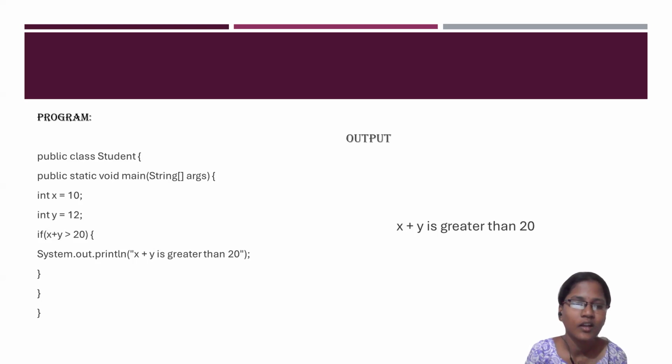Let us check. 10 plus 12 is 22. 22 is greater than 20. Yes, the condition is evaluated to true. Then the compiler enters into the print statement, and it will print x plus y is greater than 20. And this is the output of this program. Next,